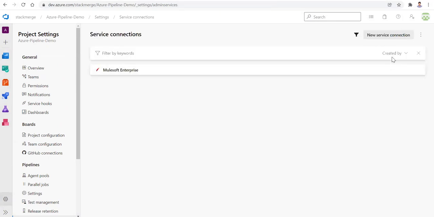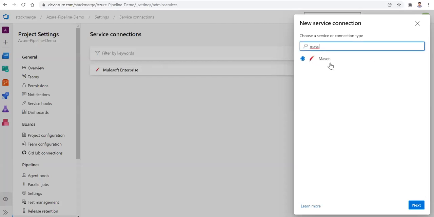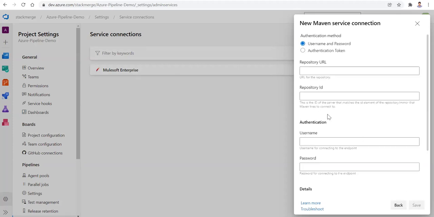You can go to the new service connection here and search for Maven. It will show you this one. I have already added it, that's the reason it shows here. Next, you need to pass the Nexus repository URL, your repository ID, and your username and password.